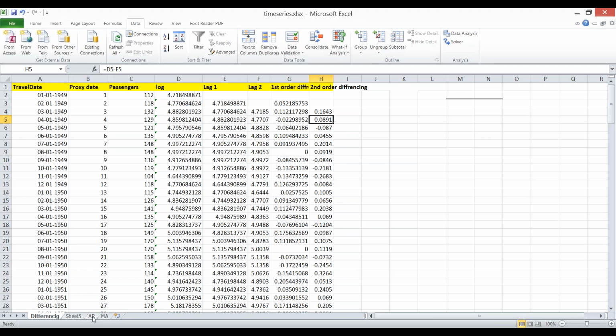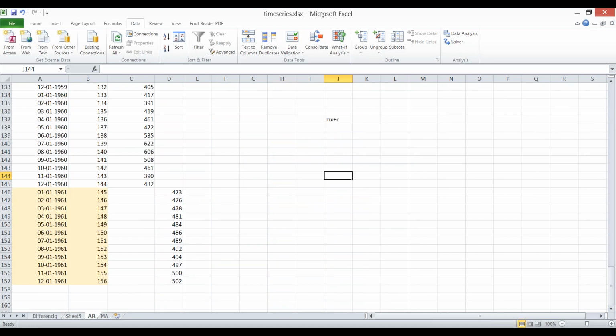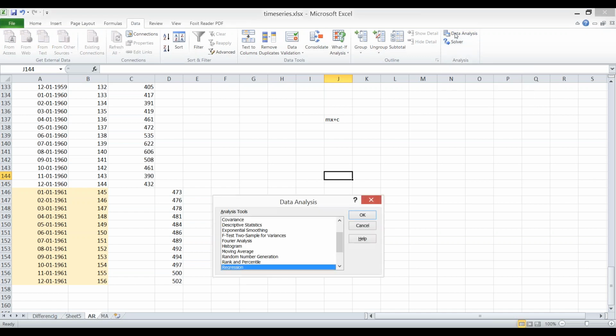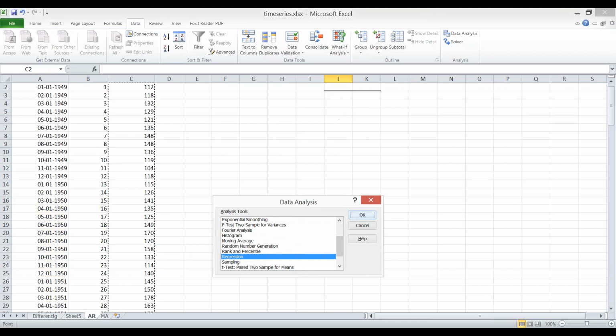Yes, this is the linear regression formula, Karishma. Okay. For this, go to the data column, go to data analysis. And when you go to data analysis, select this regression, and once you select it, click OK.